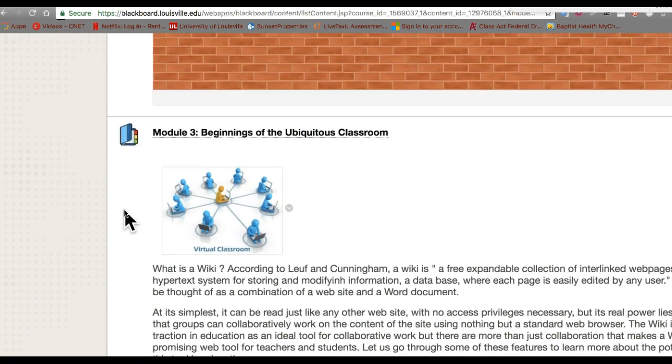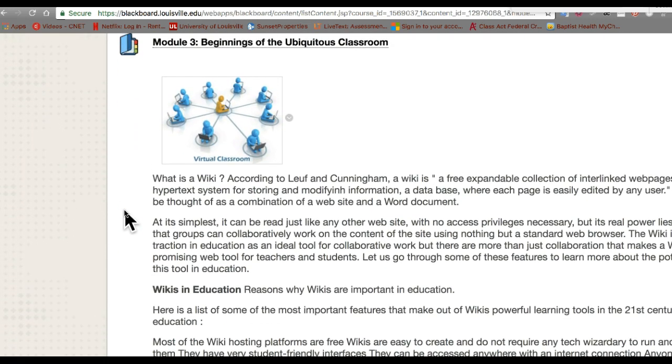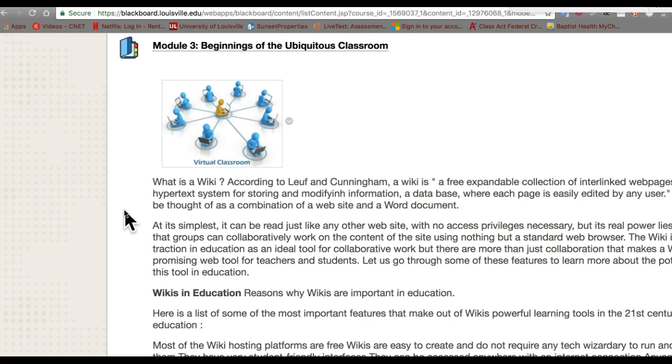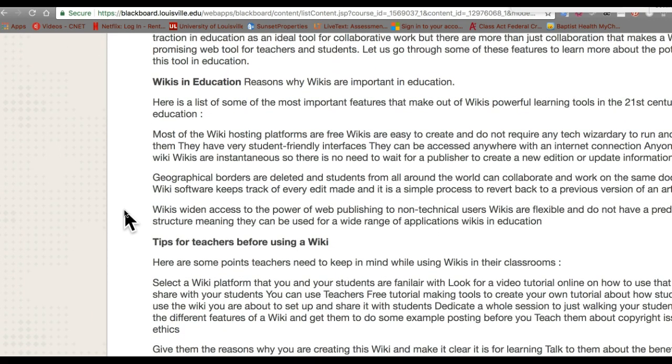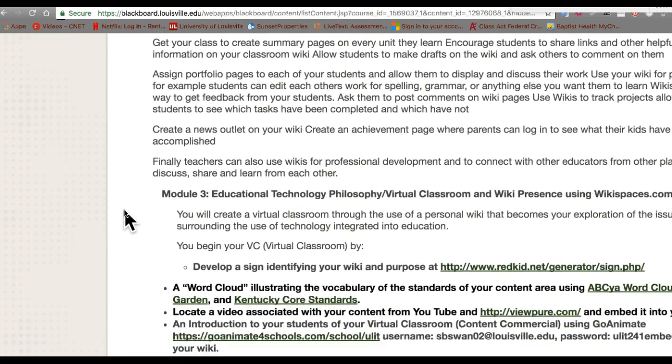We then take off and start playing in what I call the ubiquitous classroom. You're going to build something called a wiki using a tool called Wikispaces. You will be using that as a way to demonstrate the next modules, as a place for them to live. And then you will take the URLs of the various pages that you create. That's what you will put into the LiveText. Very simple.